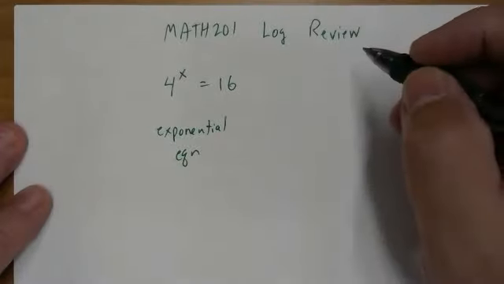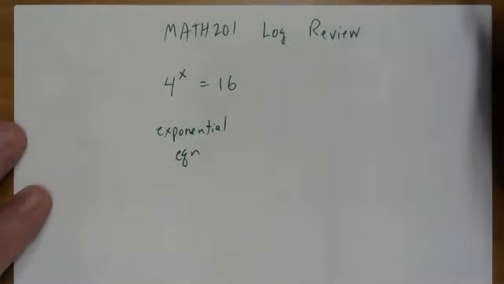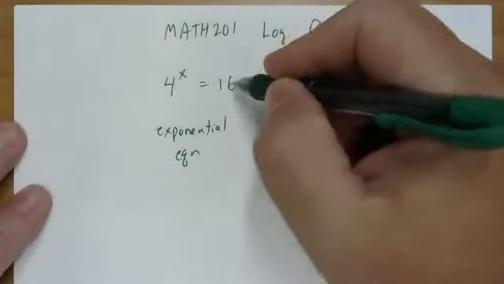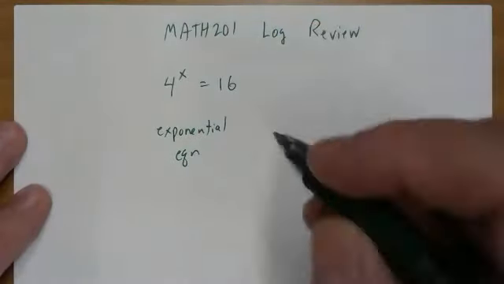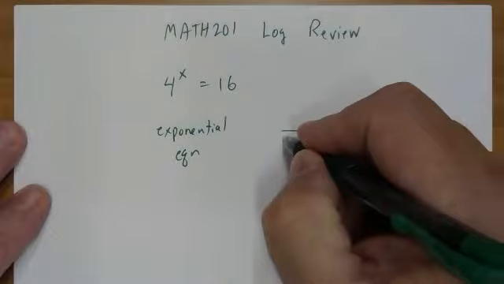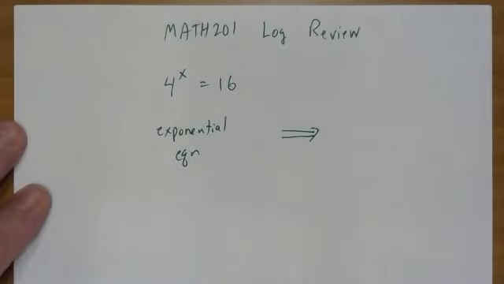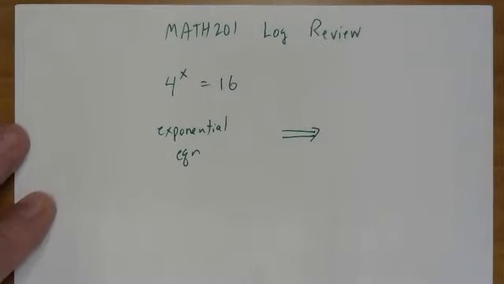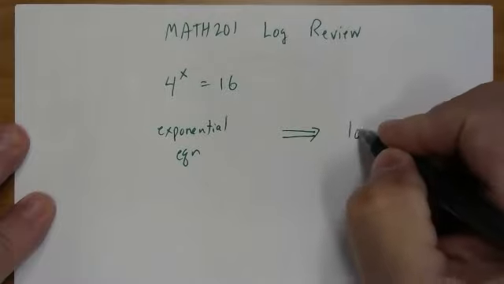Now, as it turns out, we can take any exponential equation and we can rewrite it. In other words, we can change the form of this equation, change the way it looks. We aren't really changing the equation, we're just changing the way it looks. And we can rewrite it